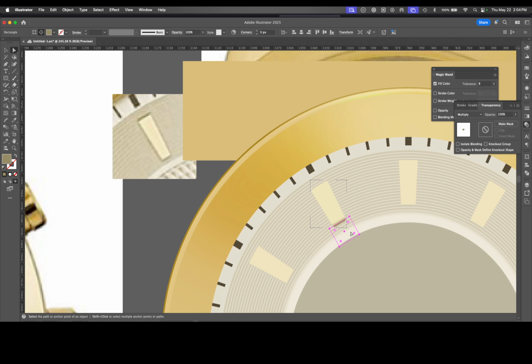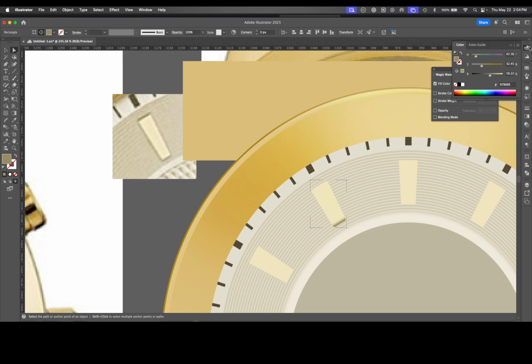And then as I'm looking at this, Command H, so that I can see what's going on, I'm seeing a touch of green on that. And so I'm just going to shift this over a little bit and darken it up a touch, maybe a little bit more saturation. Okay. Bring Command H back, and I am going to copy, paste in back, Command B,